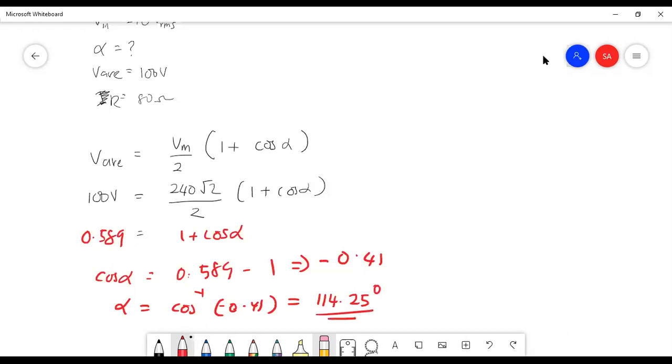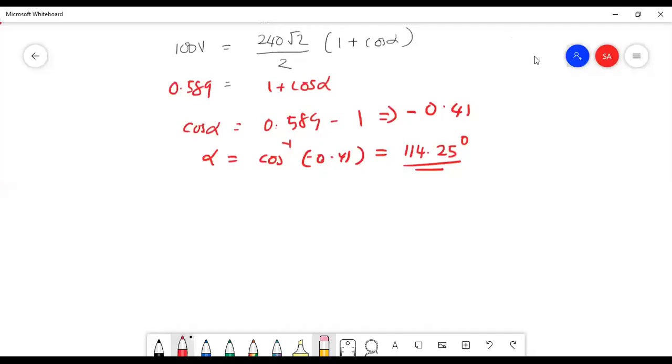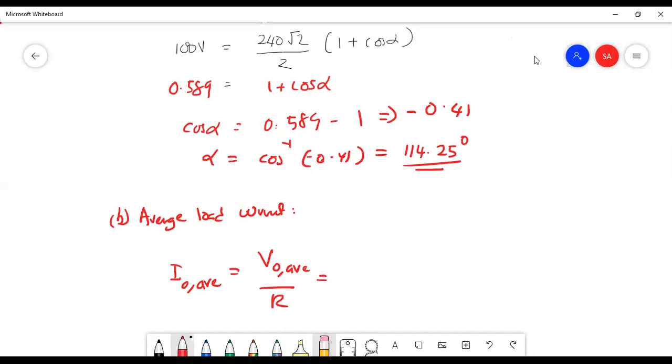So that is the answer. The second question is to find the average load current. Since this is an R load, the I out average can be obtained by using this equation, V out over R. Okay, so V out average, as you all know, we have 240 volts square root 2 over 2